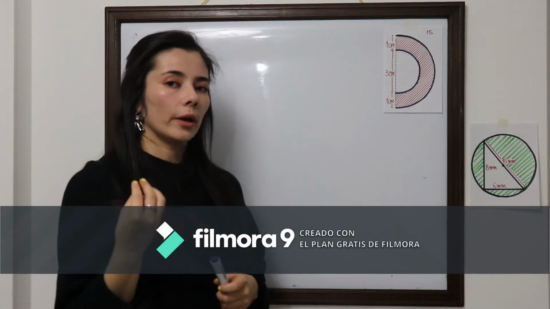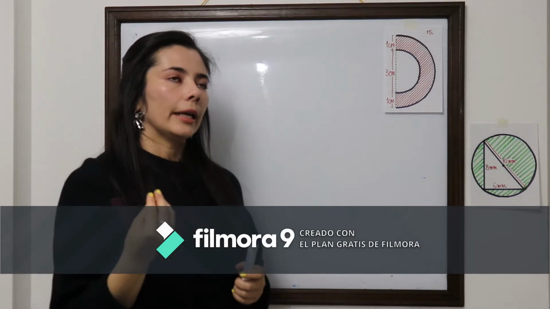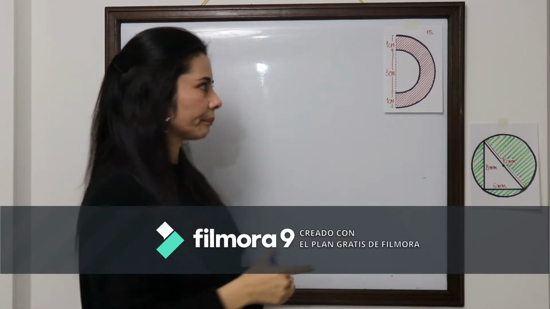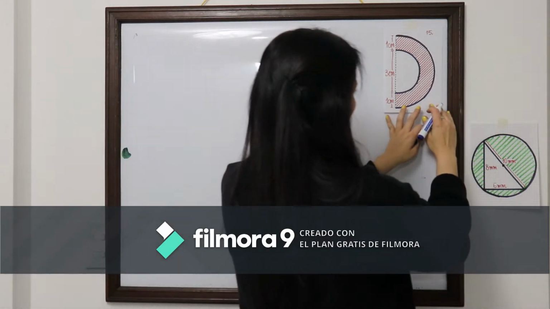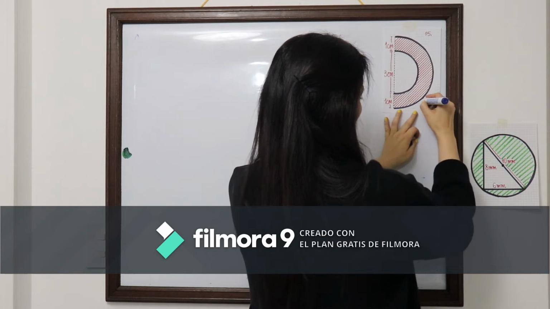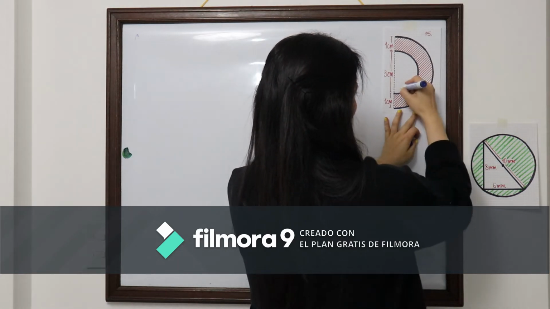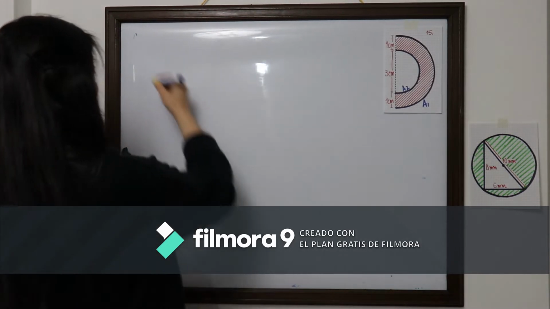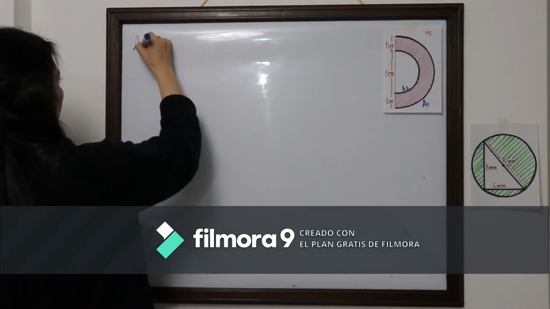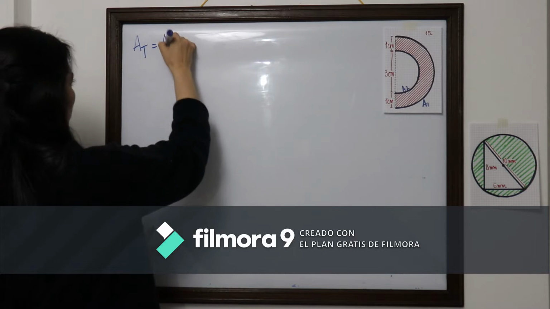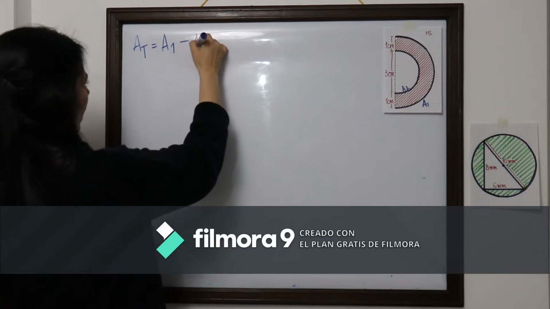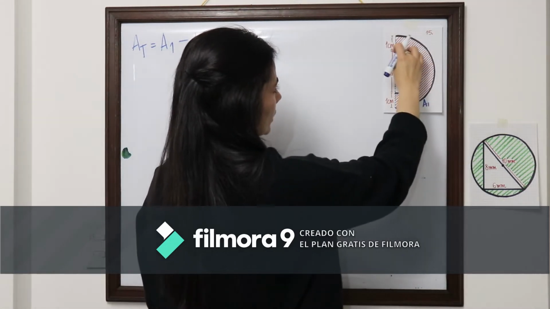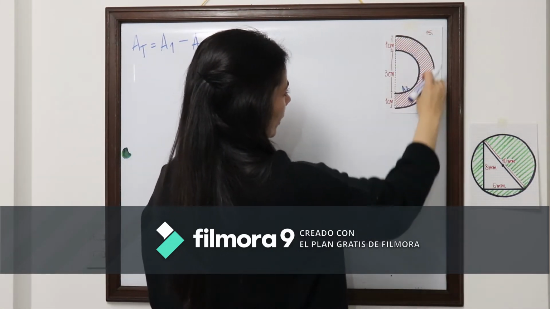That hole is going to be interpreted as a subtraction when it comes to finding the total area. So think about this bigger circle as the first area, and then this smaller circle as the second area. But in this case, our total area now is not going to be an addition as before. Now we're going to subtract it, because if I take this big circle and I subtract this smaller circle, then I'm going to get the shaded